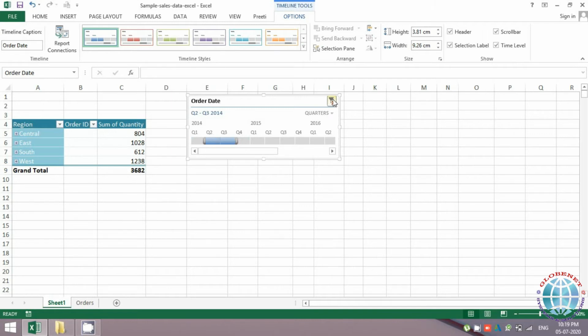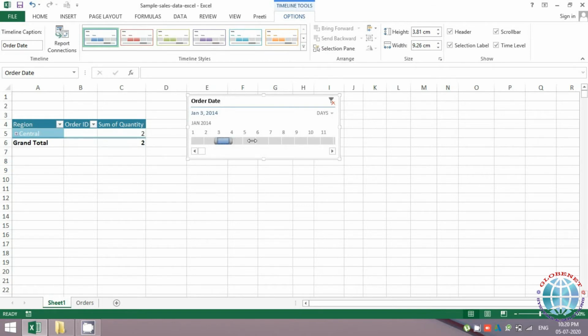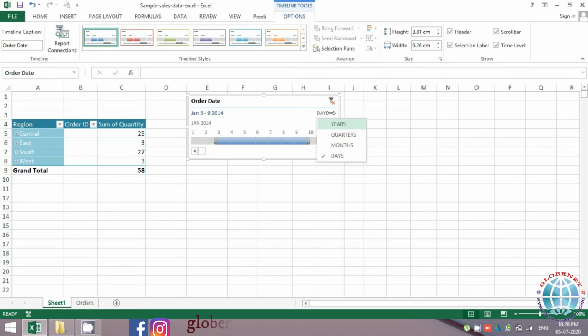If you want to remove filters at any point, you can just clear the filters. You can also give day wise, but it's not advisable for this view, because this is very huge data for 4-5 years. If it was, let's say, for a particular month, then giving day wise would be advisable, but if it is years, then day wise I doubt would be that useful, because you may not get that much data in each of the dates. Again, it depends on your data and how you would want to present it.